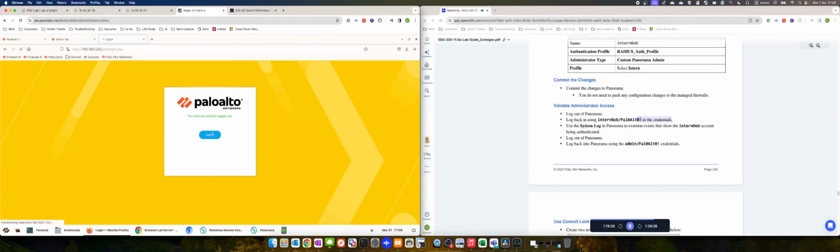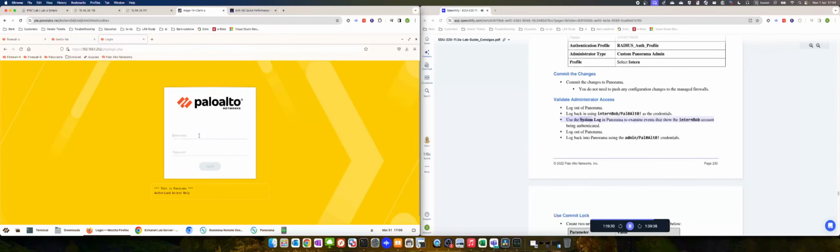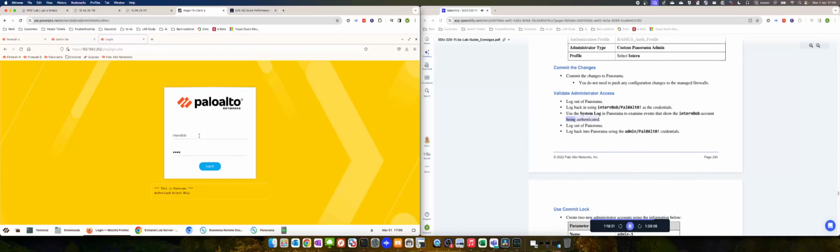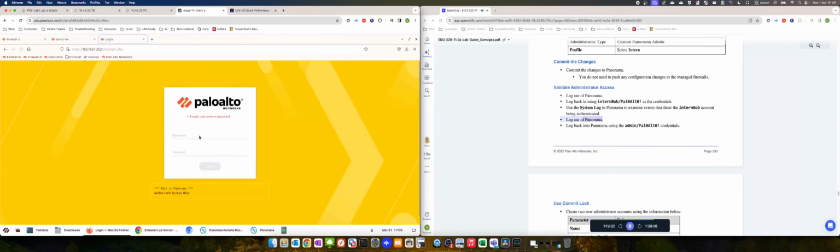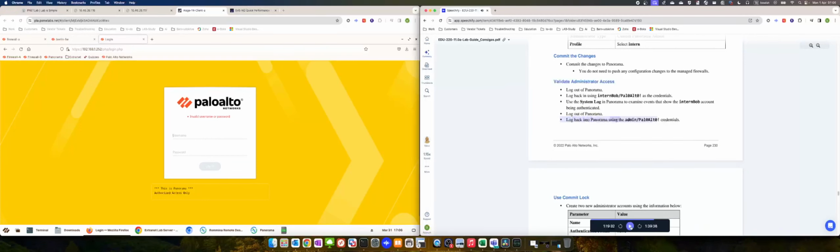Validate administrator access. Log out of Panorama. Log back in using intern-Bob and the Alt0 password as the credentials. Use the system log in Panorama to examine events that show the intern-Bob account being authenticated. Log out of Panorama. Log back into Panorama using